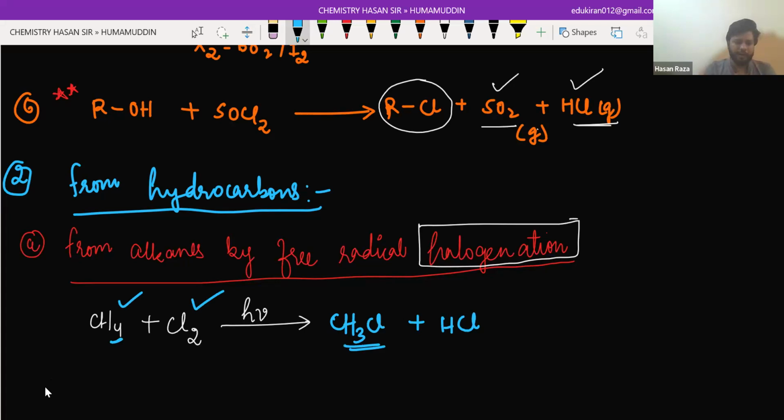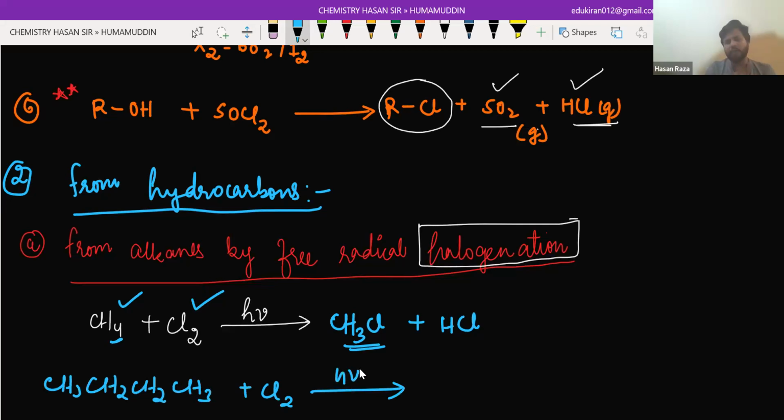If you have a reactant like this CH3, CH2, CH2, CH3, and if you are going to react this with Cl2 in the presence of H nu, you know, first of all, different types of hydrogen. You can see how many carbon is there. 1, 2, 3, 4. 4 hydrogen, 4 carbon is there. Now you need to replace one hydrogen from each carbon separately and replace that with chlorine. Let's say if I'm going to replace